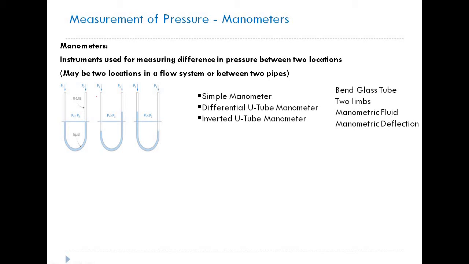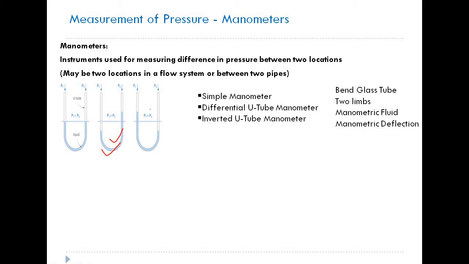You see the second one. In the left limb, the fluid at a pressure P1 is pressurizing the manometric fluid down. In the right limb also the same happens. In this arrangement you see P1 is greater than P2. Why do we say that P1 is greater than P2? Because the level of mercury or any manometric fluid used in the manometer is at a lower level than the manometric fluid level in the right limb.